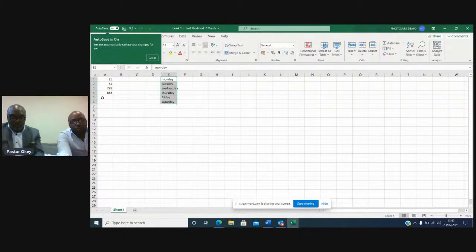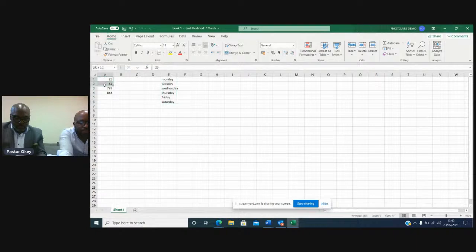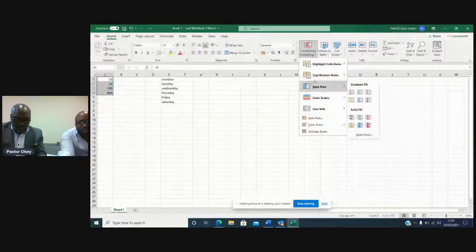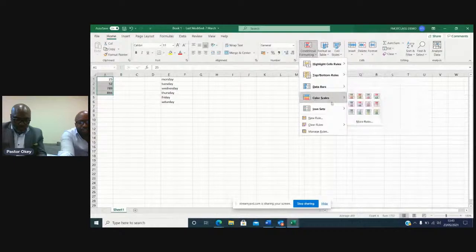Okay. So as Pastor mentioned, it's conditional formatting. Now we can just use these numbers that we have here. If we highlight them, and we just go to conditional formatting on the right, using our ribbons, we can now say by all sets. We can choose different types of traffic. So if we do by traffic,